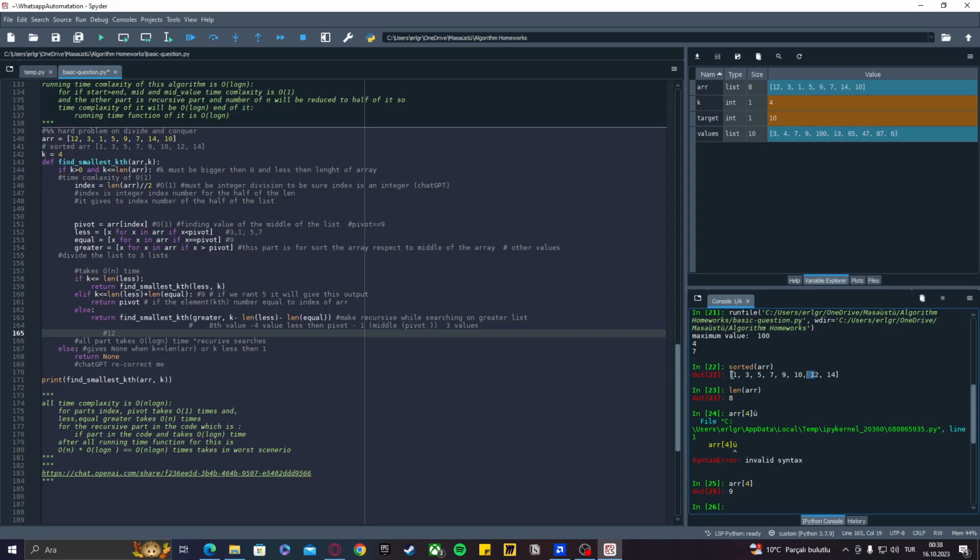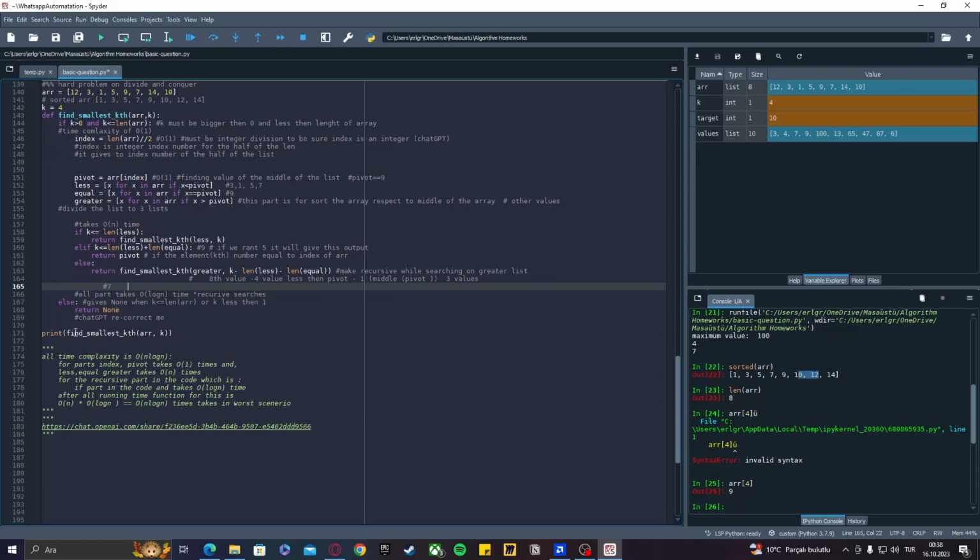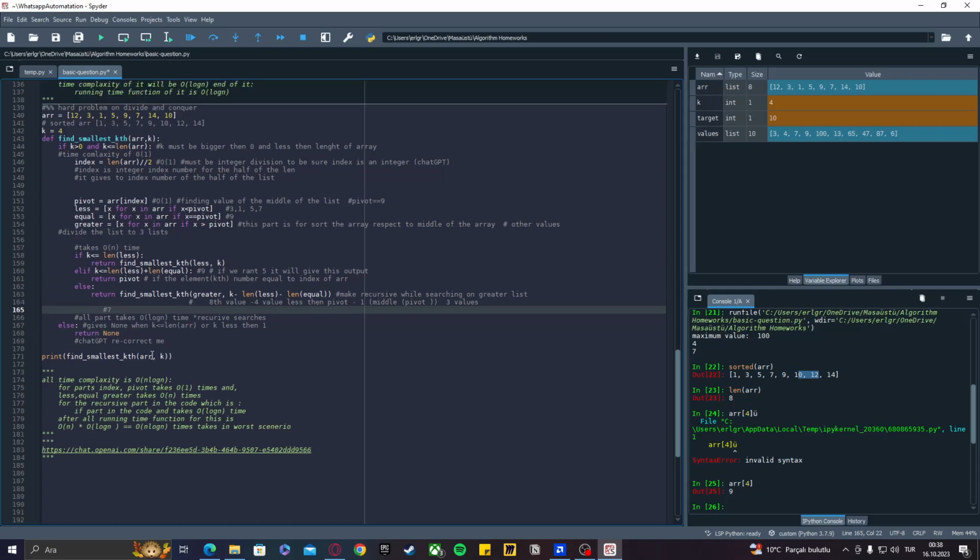If we ask for 7, I just take 12 as a reference, and it gives the output. To explain the time complexity,